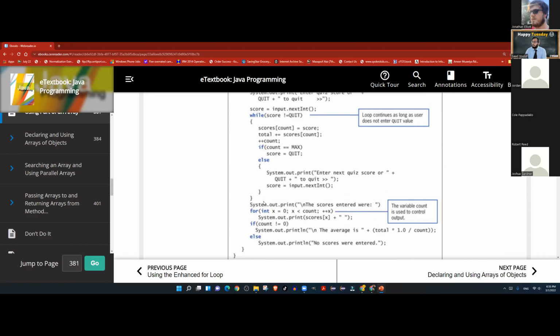So you're saving yourself from having to go through those extra empty blocks by controlling by count, because count is keeping track of how many elements the user actually entered. So that's why we're doing that. We're only displaying those scores. And if the count is not equal to 0, only then we want to display the average. If the count is 0, then we will simply say no scores were entered.